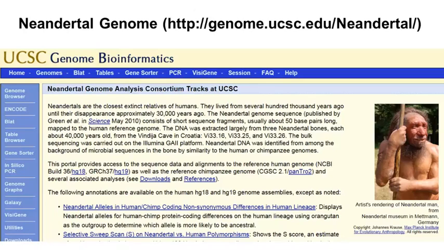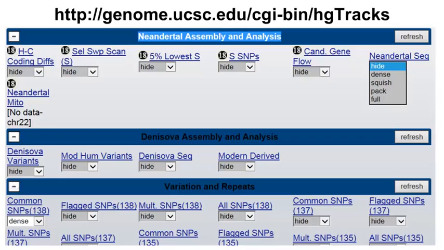Another resource available from the UCSC Genome Bioinformatics group is the Neanderthal Genome. The Neanderthals are the closest extinct relatives of humans. They lived from several 100,000 years ago until their disappearance approximately 30,000 years ago. The DNA was extracted from 3 Neanderthal bones discovered in a cave in Croatia. The Neanderthal genome sequence provides important data for studying human evolution. The data can be accessed